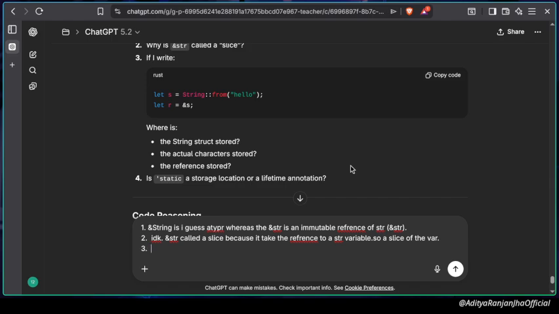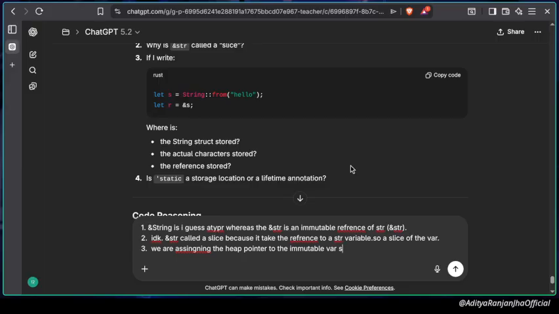In this example, we are assigning the heap pointer to the variable s. What we get is an immutable variable s. By default, it's immutable. You have to write mut to make it mutable. That's what I know